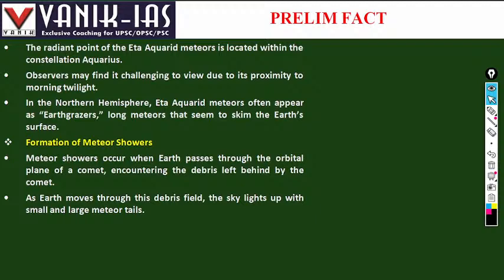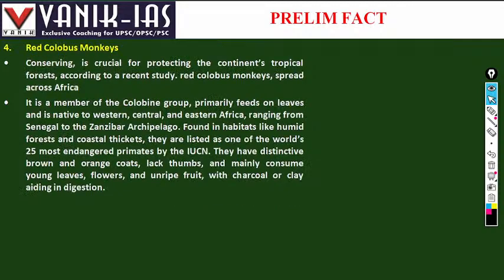...of a comet encountering the debris left behind by the comet. As the Earth moves through this debris field, the sky lights up with small and large meteor tails. Then, the red colobus monkeys: conserving is crucial for protecting the